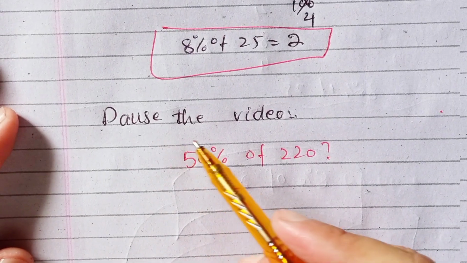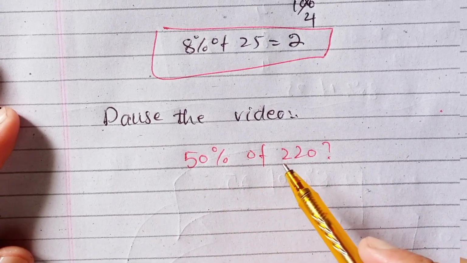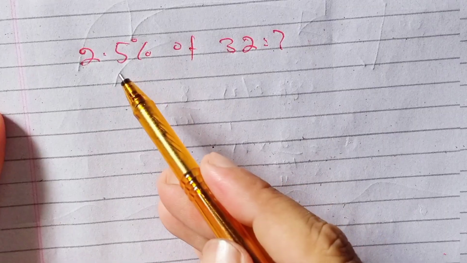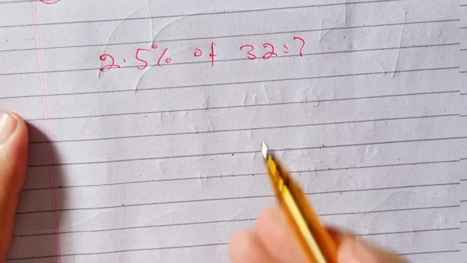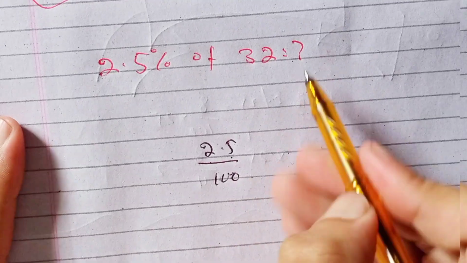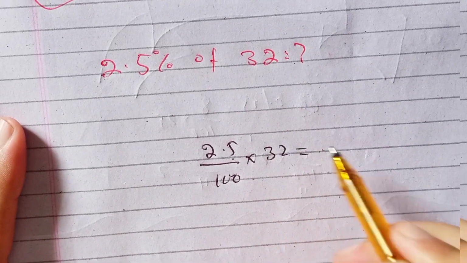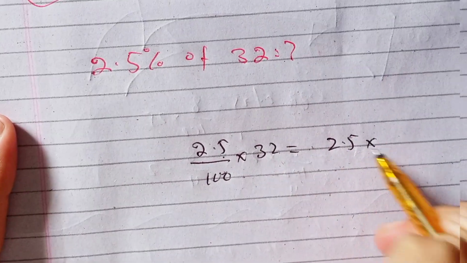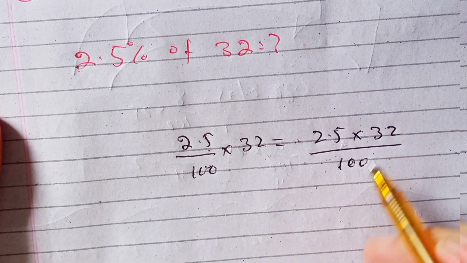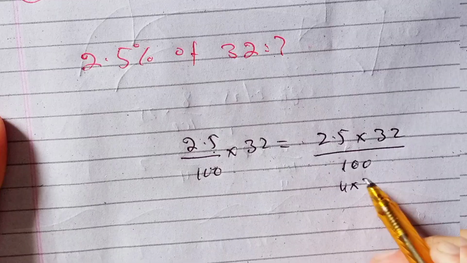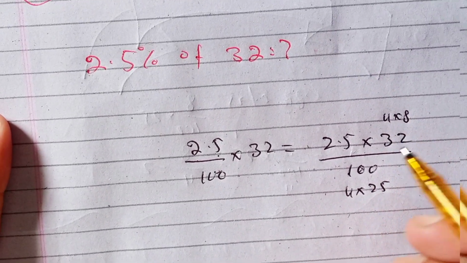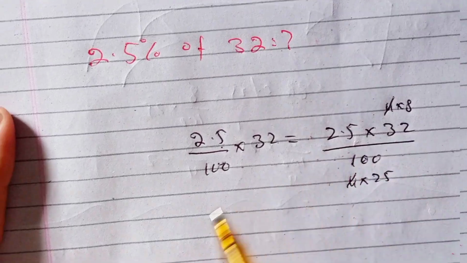So dear viewers, pause the video and try to find the 50% of 220 and write the answer in the comment section. What is the 2.5% of 32? So 2.5 divided by 100 multiplied by 32 is equal to 2.5 multiplied by 32 divided by 100. So 4 times 25 is 100 and 4 times 8 is 32. So we will cancel the 4 with 4 and write